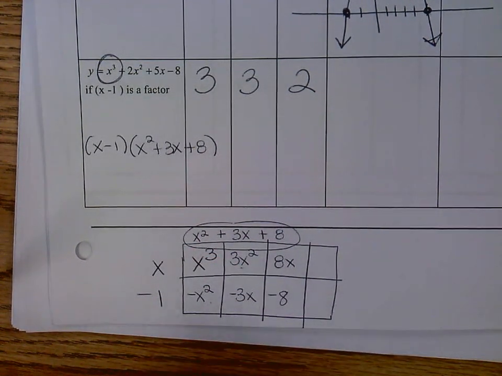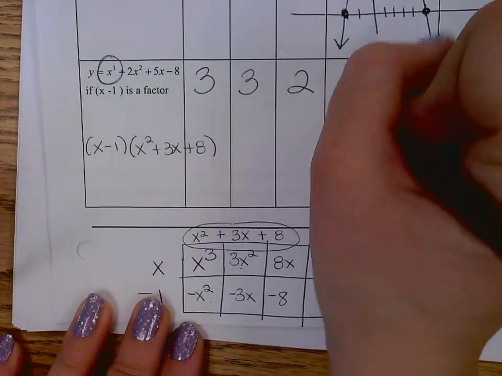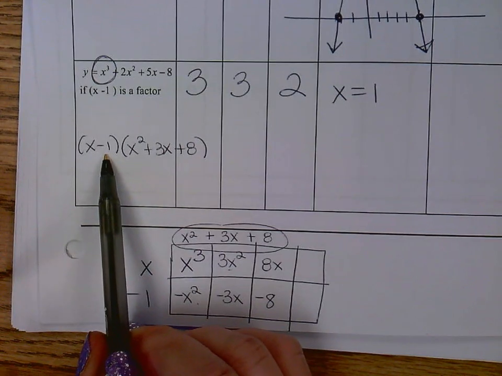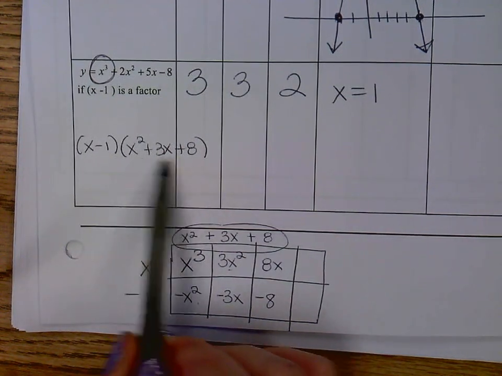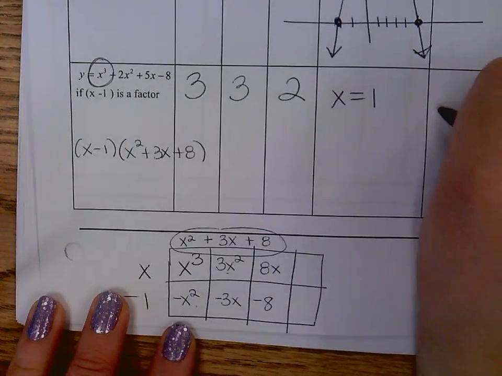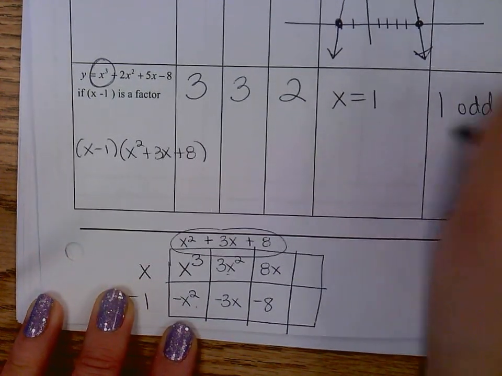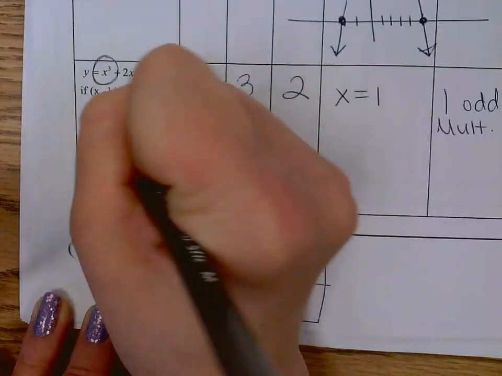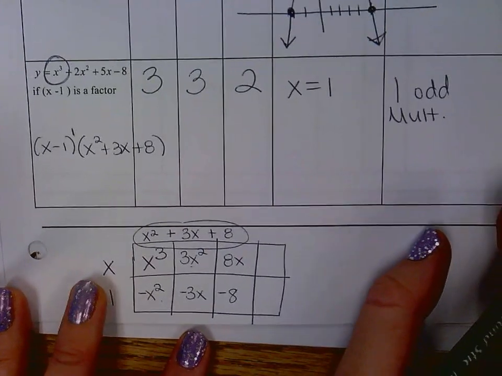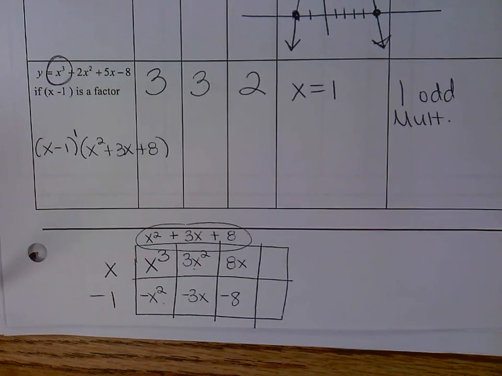I'm not going to graph it, but I know that x equals 1 is one of my x-intercepts. I would have to do quadratic formula to figure this one out. So 1 has odd multiplicity, right? Because it's x minus 1 raised to the first power. So that's all I would have you do on a problem like that. So on all that new stuff,